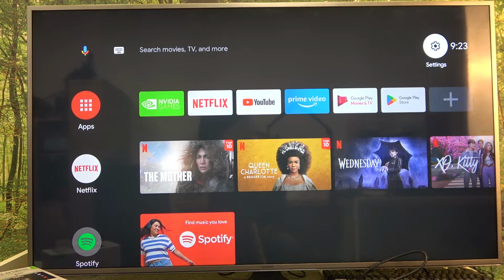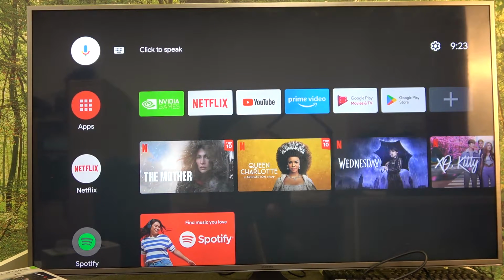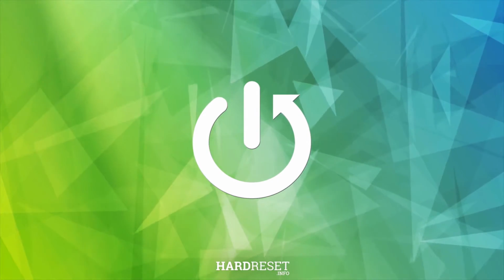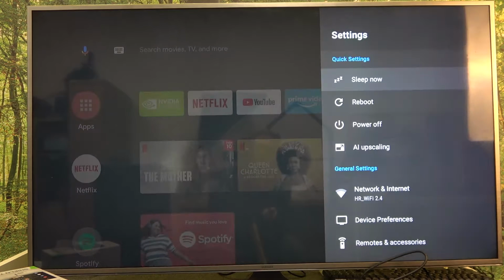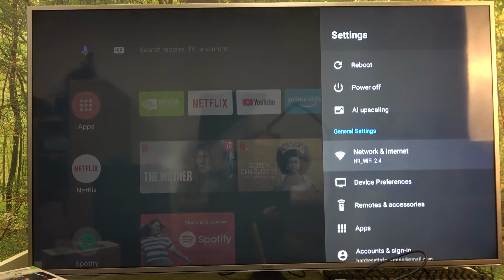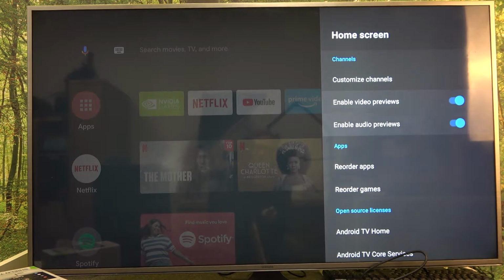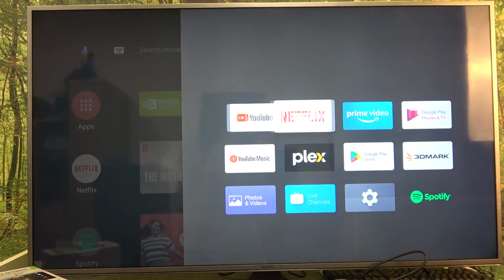Hello, in this video I want to show you how to reorder app icons for a home screen in Nvidia Shield. And to do this, we'll need to click on the gear icon to open our settings. Right here, locate the device preferences, enter the home screen, select reorder apps, and then now it should select one